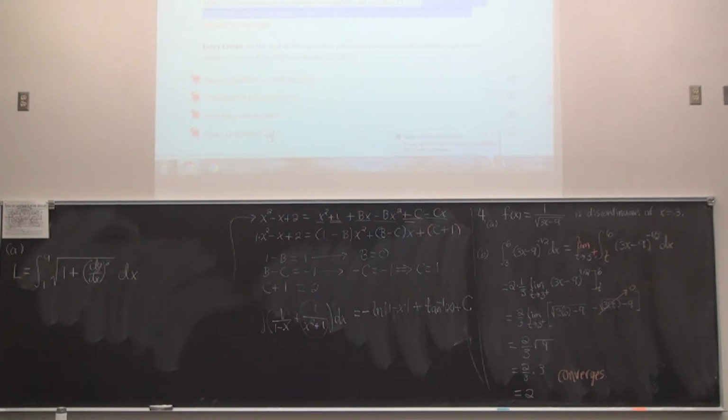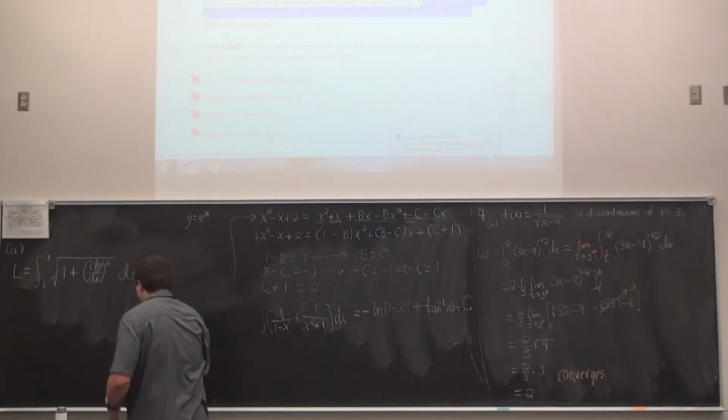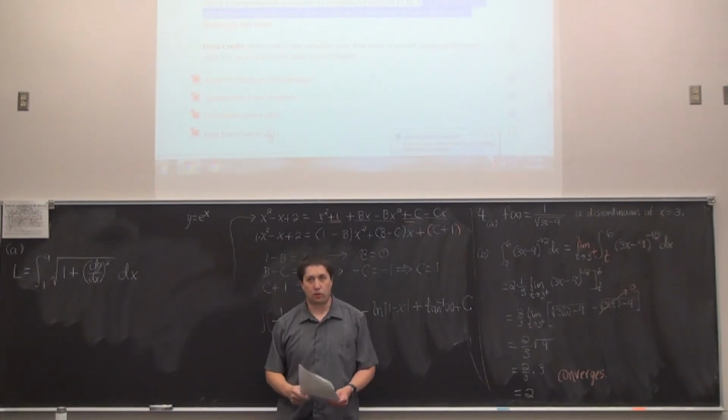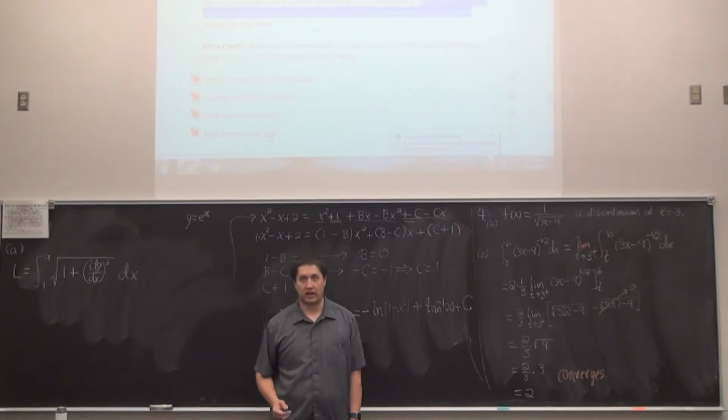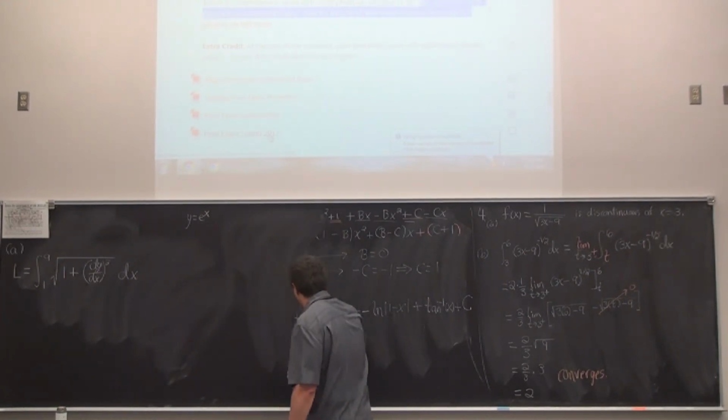So one thing that's really interesting about these problems, especially in an exam setting, we're told to use the trapezoid rule, so it's very tempting to just jump right to the trapezoid rule. But that's actually something you should do later. The first thing you should write down is just the formula for the length and start evaluating it. So I'm going to take y equals e to the x, and run through the process of first calculating dy dx, squaring it, adding 1, and so on. That way we'll know exactly what the integrand is to use in the trapezoid rule.